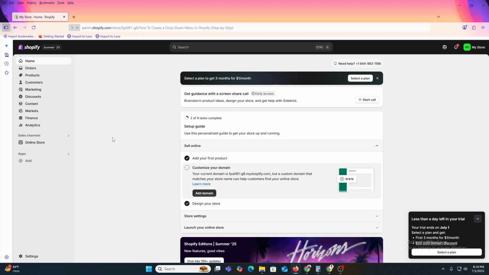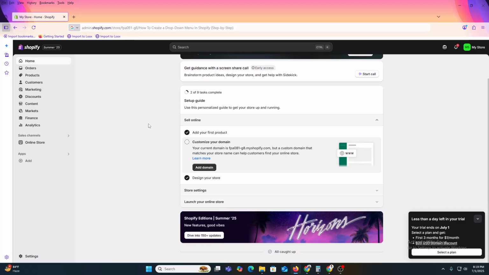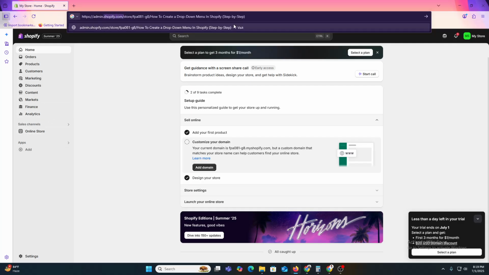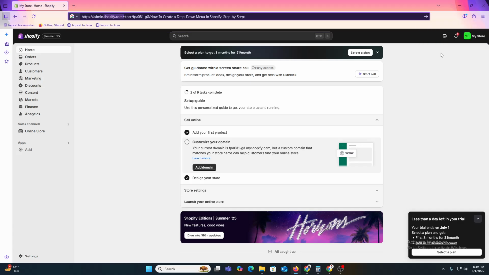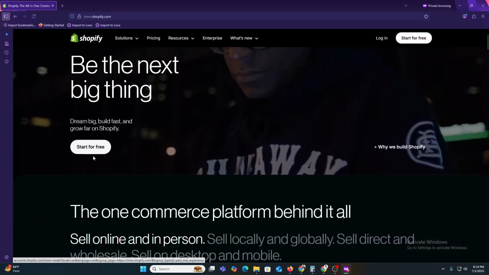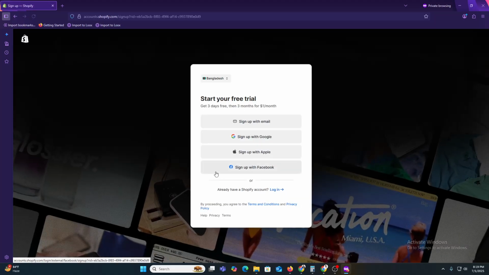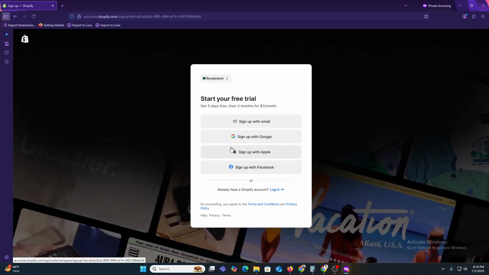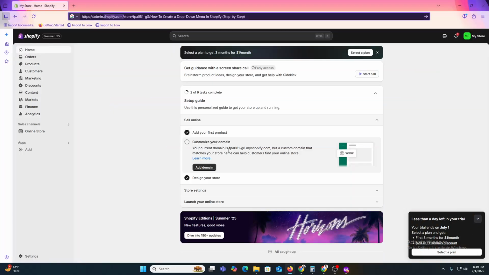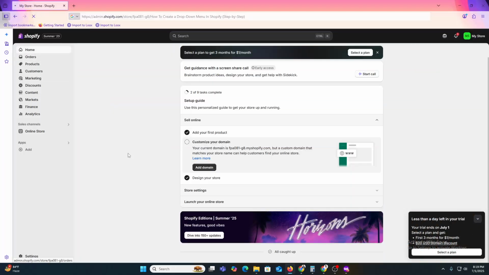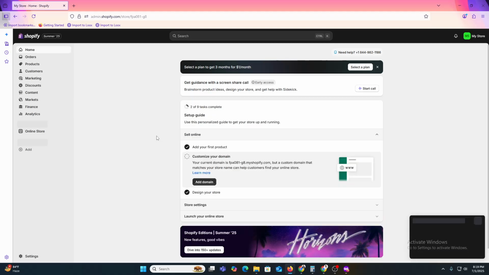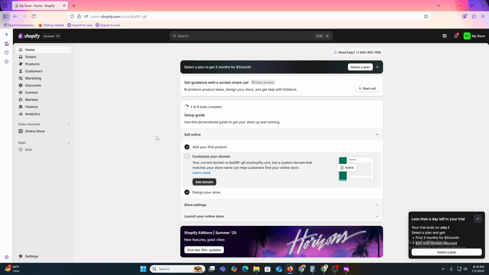Here you can see that we already landed in our Shopify dashboard panel. If you are new to Shopify, then you will get this kind of an interface. You just need to click on start for free, and then provide your email address, your password, and first name, last name. Then they will ask you some questions like what kind of website do you want, and what kind of things do you want to integrate with your website. You just need to answer one by one,